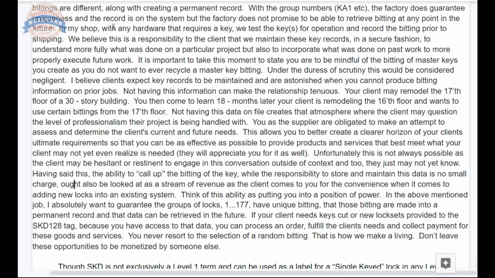Meaning, your client does three flats and you have a master key and you want to be absolutely sure what biddings you're using. So if you're building three flats all next to each other, the guy in unit 1 from building 1 can't go into any of the doors in buildings 2 and 3. It's obviously common sense, but I have seen some extremely nonsensical things happen when it comes to key management on behalf of my clients. I'm sure I've mentioned it, but I had one client who owned 24 three flats in